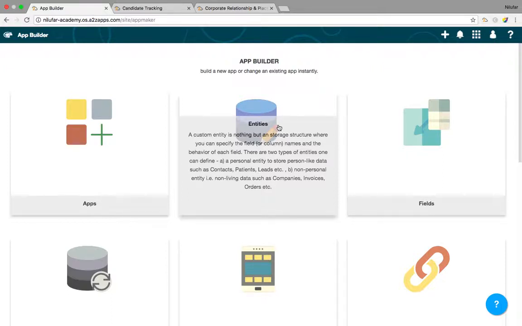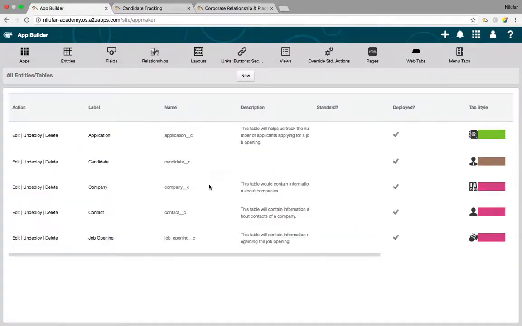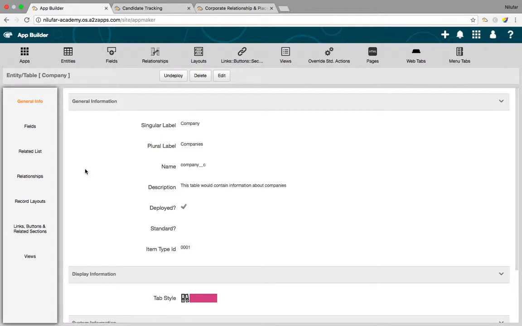To create a relationship, we need to go to any one of the tables we want to establish the relationship for. So over here, I'll go to the company table. Let me click on company. Over here you can see a tab called relationship, so let me click on this.